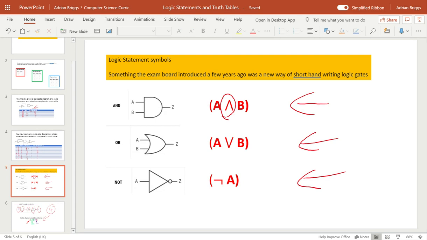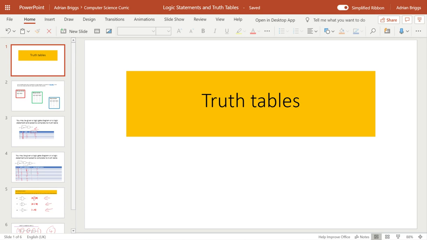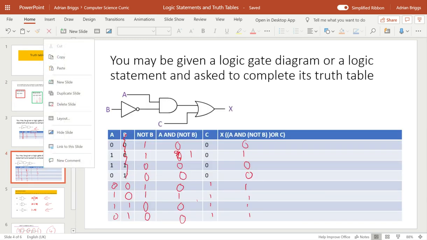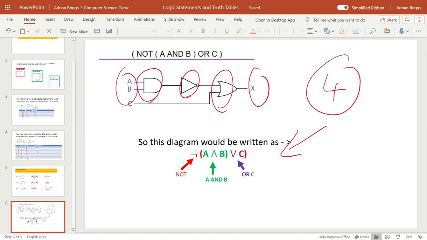All right, so we've done logic gates, logic circuits, we've now done logic statements and truth tables. All a truth table does is tell you the exact possible combinations that will come out of a gate, bearing in mind every input that's given to you. Now, I have seen in an exam before that what they've done is they've given you an AND gate and just omitted those 4 digits and said, finish off the table. And it was a case of you had to recognise that one of the inputs hadn't been put in, and could you follow it through and give the correct outputs. That was worth 4 marks. And if you're bearing in mind that's worth 4 marks, and something like that might be worth